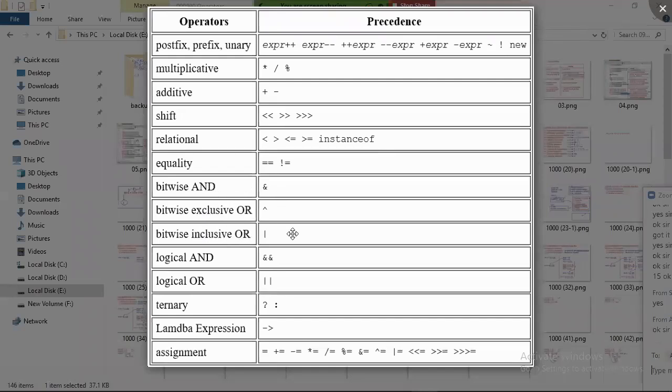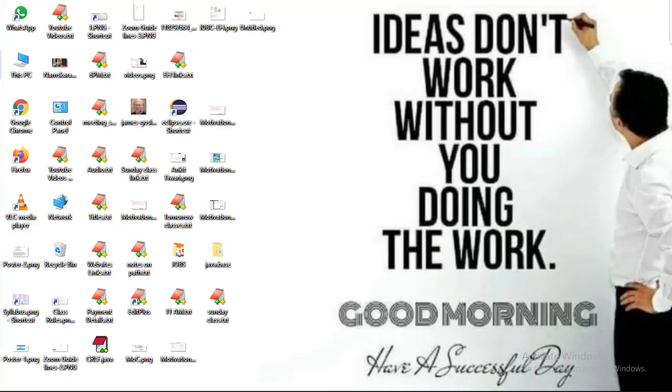Now, let's repeat once again. What is the order of execution? Let us try. Come on, try to think. I'm expecting you also to tell. Only if I am telling, I will become the expert. Now first, what is executed? Unary operators. All 7 unary operators are executed.